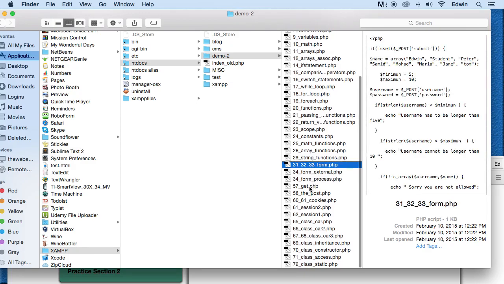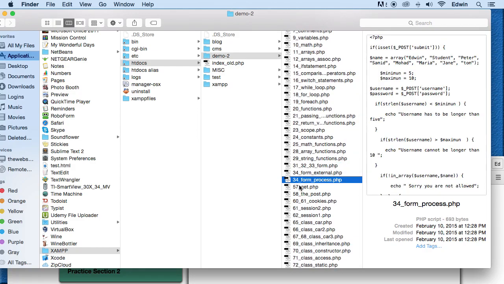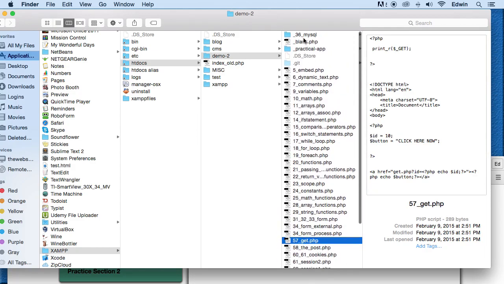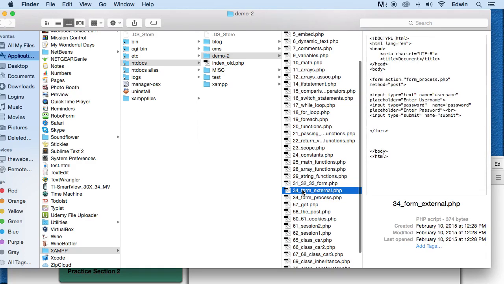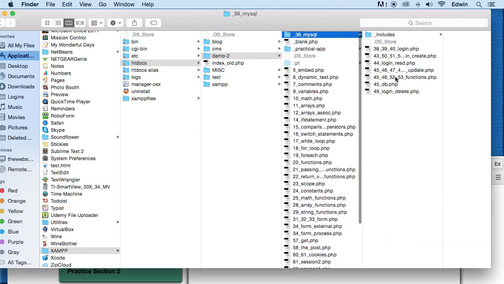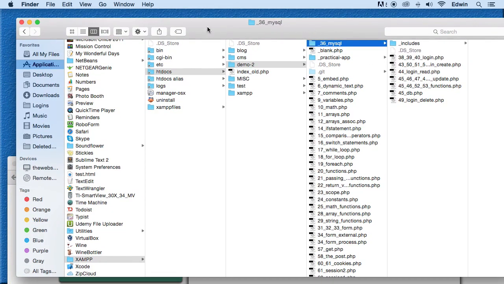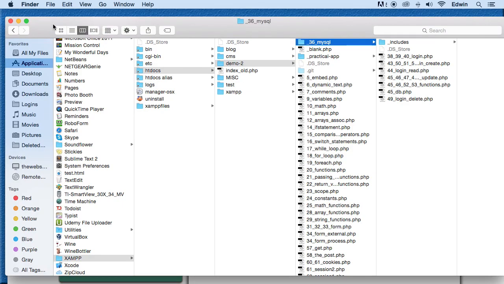And when it jumps from 34 to 57, that means that I have the files in another folder. In this case, it's going to be my SQL files. So they're going to be here. It's going to be PHP files, but we're going to be doing MySQL queries and things like that. So just know that the rest of the 30-something, 34, 35, 36, are going to be located right here. All right, so now that we finished with that,